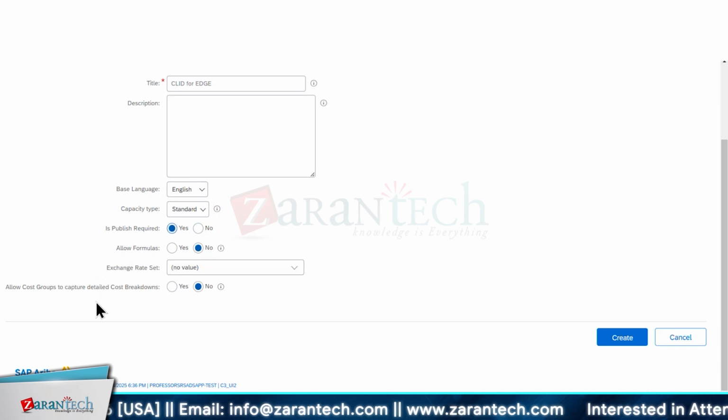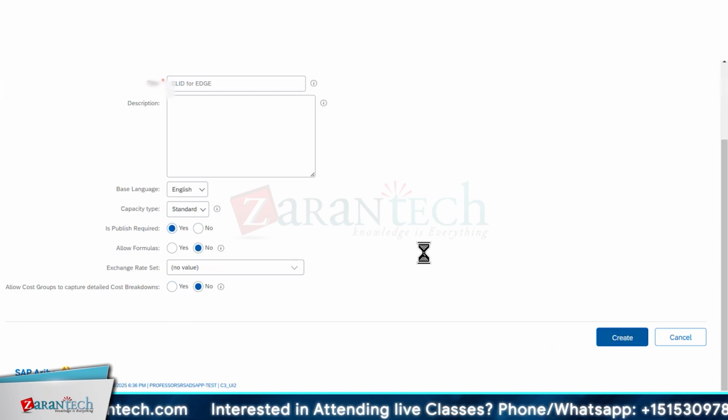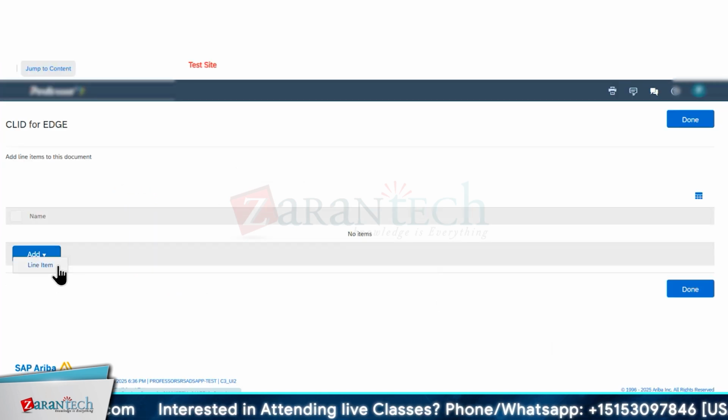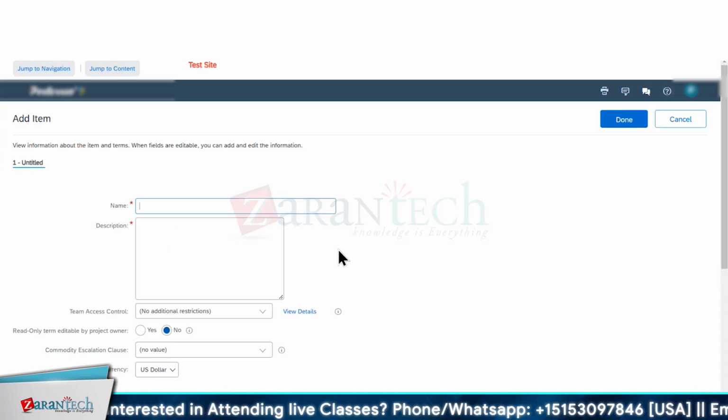Then you can set the exchange rate, if exchange rate is allowed. You can say allow formulas, and allow cost groups to capture the cost breakdowns. You can specify it here. And when you create it here, when I add a line item, for example, I will add a line item stating